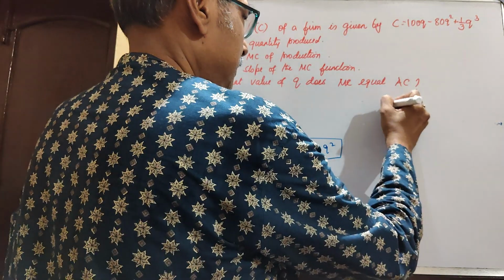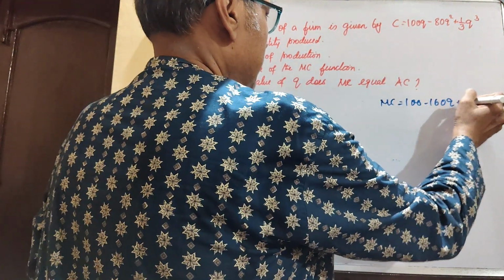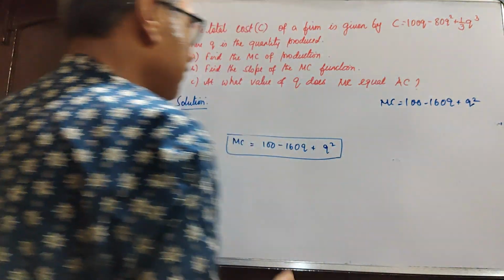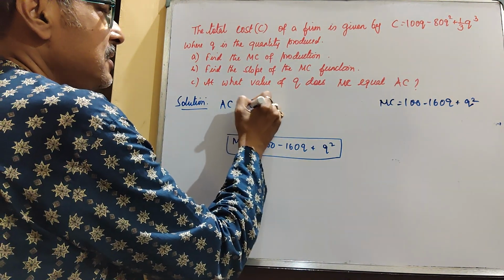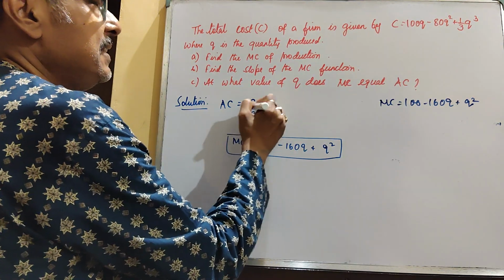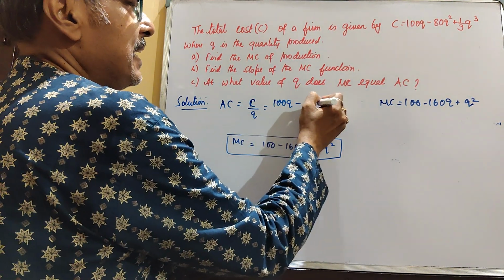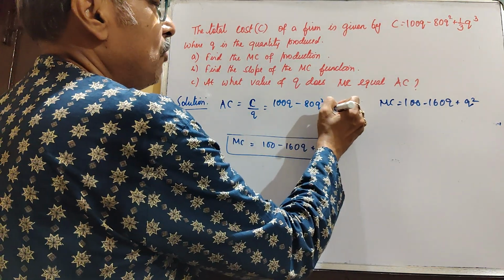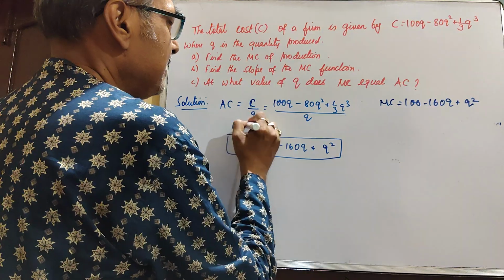MC equals 100 minus 160Q plus Q squared. Now what is average cost? AC is total cost by output, C by Q, that is 100Q minus 80Q squared plus 1/3 Q cubed by Q. Therefore AC equals